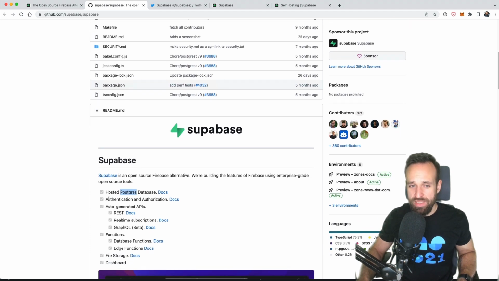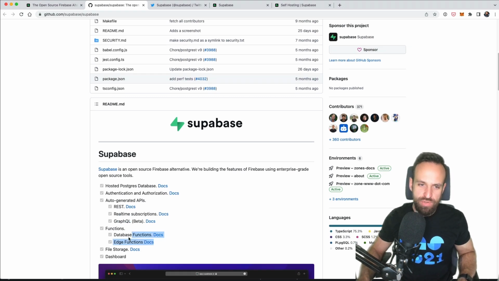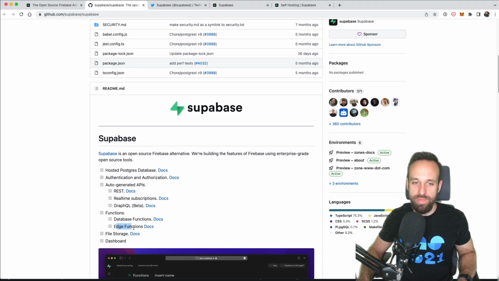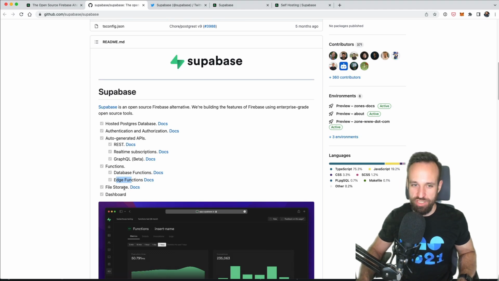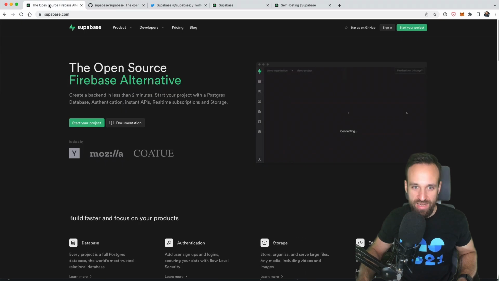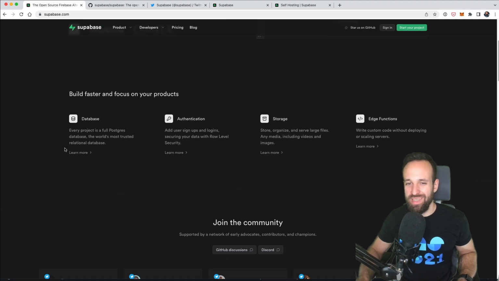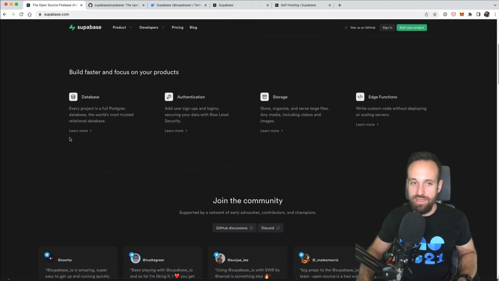We got otherwise all the things you expect from a cloud backend. So we got authentication and authorization out of the box. You even got auto-generated APIs, a cool REST API, which is a nice benefit. Real-time subscriptions possible even with a SQL database. GraphQL coming in the future. At this point, also functions available both for database triggers and edge functions, which are pretty much cloud functions as far as I know, file storage, and of course a nice dashboard. So from the outside, Supabase really just tries to replicate everything that we got in Firebase in an open source kind of way, using open source projects.